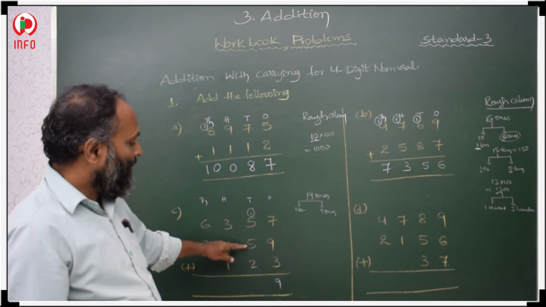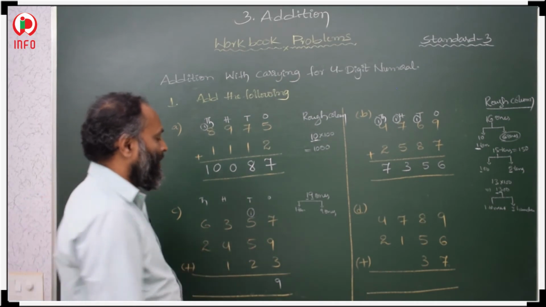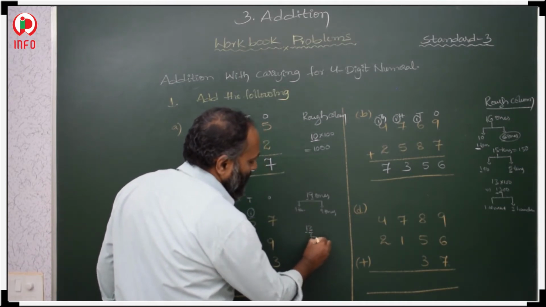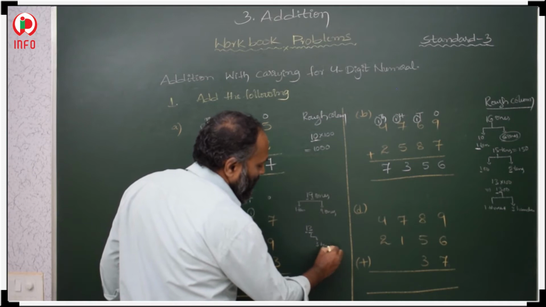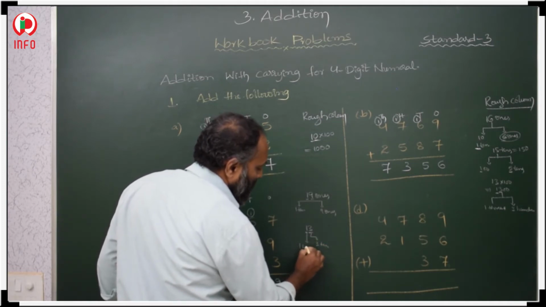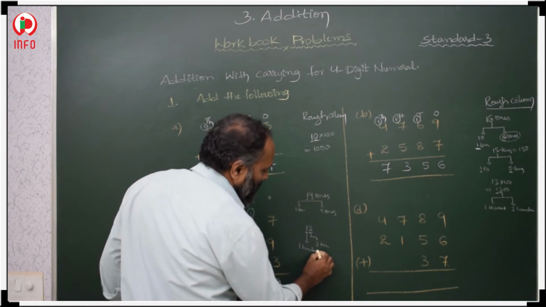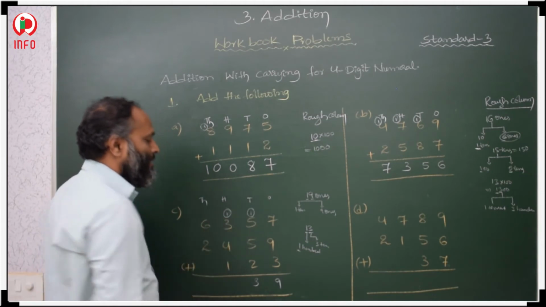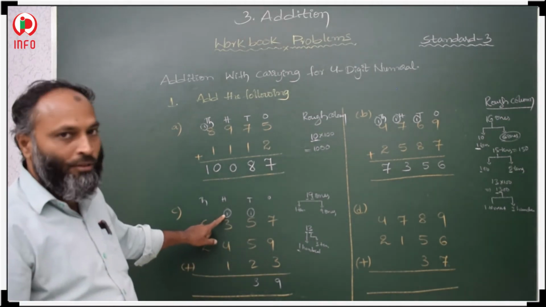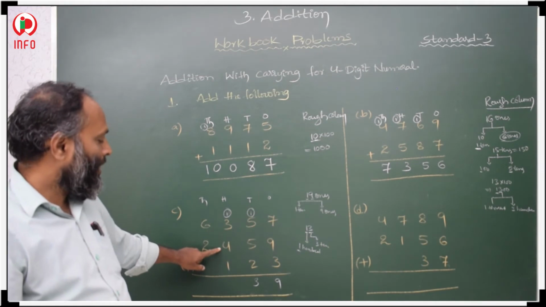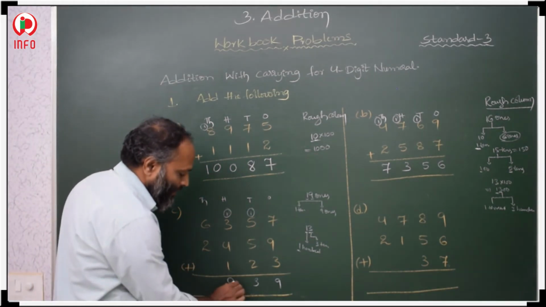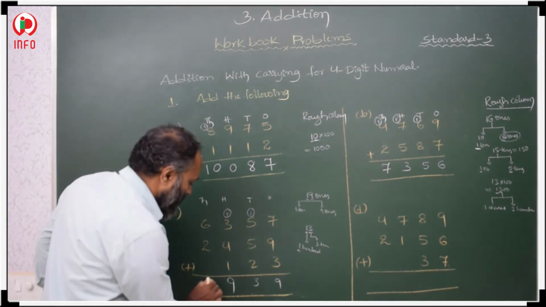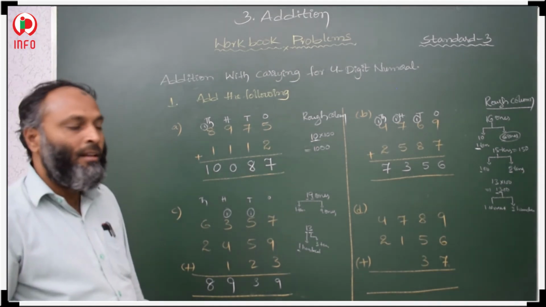Then 5 plus 5, 10. 10 plus 2, 12. 12 plus 1, 13. 13 tens. This is tens, this is hundreds. How many tens are there? 3 tens and 1 hundred. 3 tens in the tens place, 1 hundred in the hundreds place. Then 3 plus 1, 4, 4 plus 4, 8, 8 plus 1, 9. 9 is a single digit number, so you keep it as it is. Then 6 plus 2, 6, 7, 8. 8 as it is.